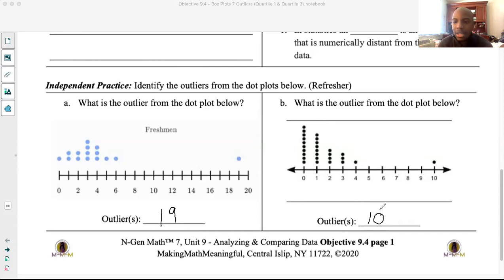And in these situations, even though we see the outliers visually, there are situations that may look like this, but the extra dot that's out there, that 10 or that 19, may not be the outlier, right? May not be the outlier. And in these particular situations, they absolutely look like the outlier. No doubt in my mind. No doubt in my mind. However,